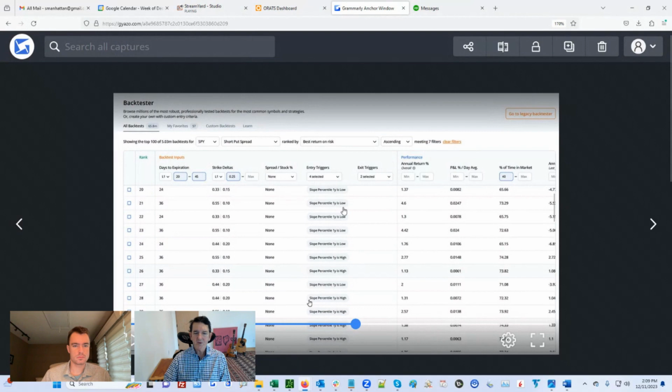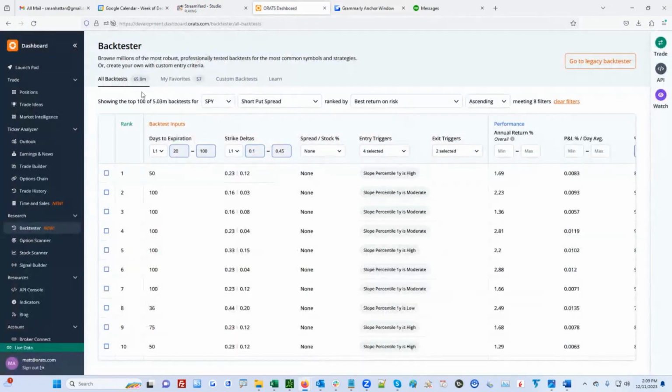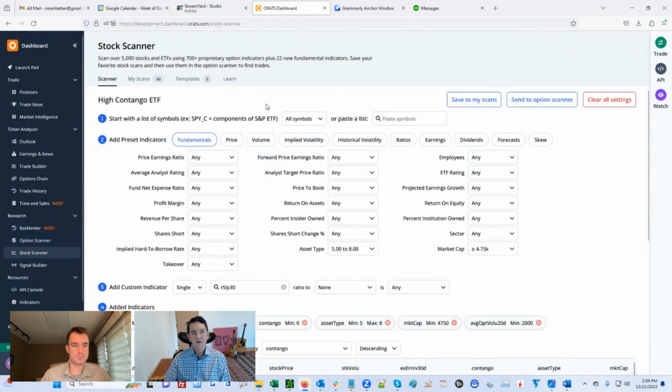So when the slope percentage is low, those are the best performing strategies. You can see a couple highs here, 55.10, but that performs better when it's in a low slope environment. So what this is saying, and it's somewhat logical, is that when slope is really this low, a short put spread is a decent trade. So the next step is to go to the stock scanner, because I want to find